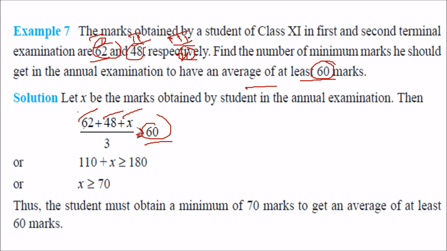Multiply both sides by 3, so you get 180 here. This will get cancelled. 62 plus 48 is 110. Now you can subtract 110 from both sides. This will be cancelled, and you get x greater than or equal to 70. So this is the inequality that needs to be solved. That is, he needs to secure at least 70 marks to get at least 60 as